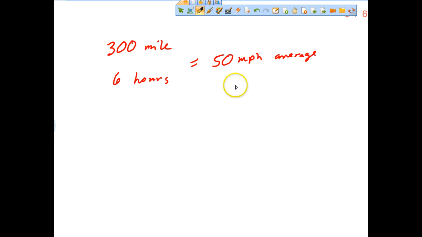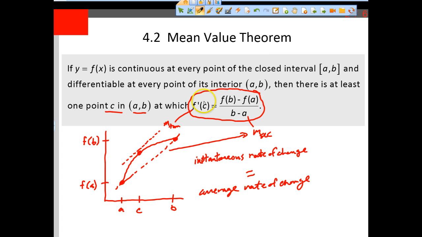All right, so that is the mean value theorem. So it's very important that you remember the result, f prime of C equals f of B minus f of A over B minus A. And actually, you really do want to try to memorize the whole thing, because the mean value theorem is a theorem that will be referred to by name on the AP test. So it's absolutely essential that you have it memorized, because you will see it a number of times on the AP test. All right, so let's go ahead and